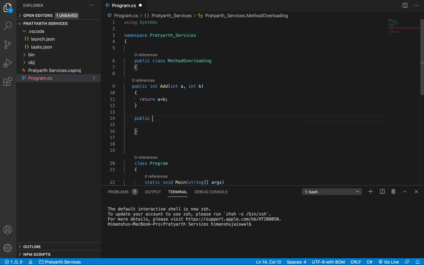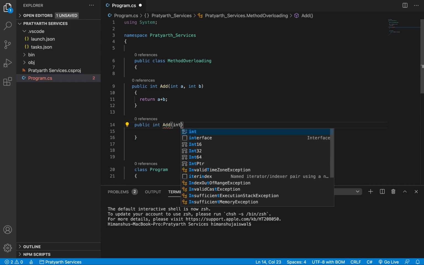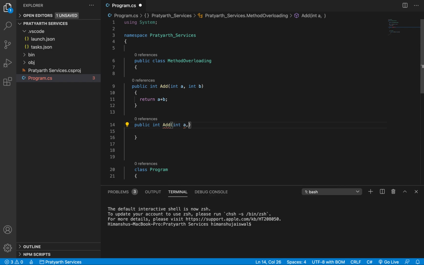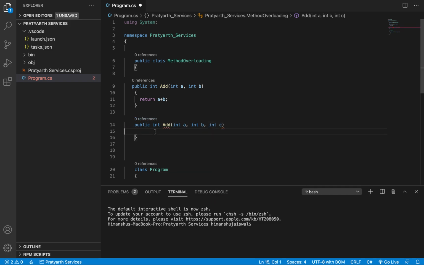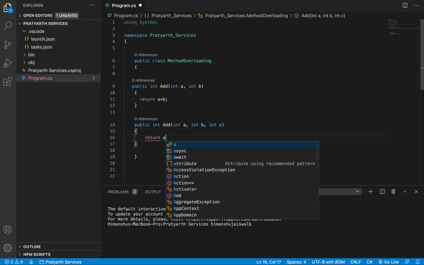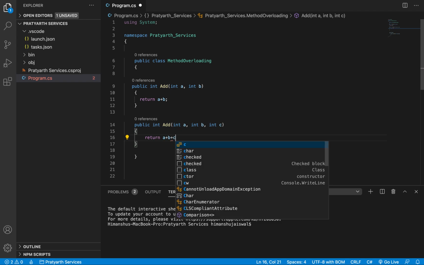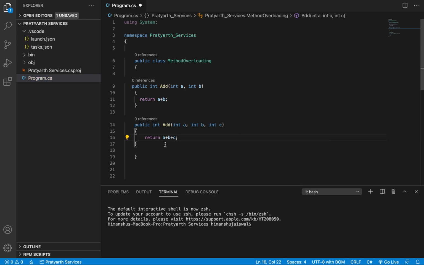Like public int add, and now I'm going to define three arguments, int a, int b and int c, and here I'm going to return a plus b plus c. Okay, so you can see this is method overloading.